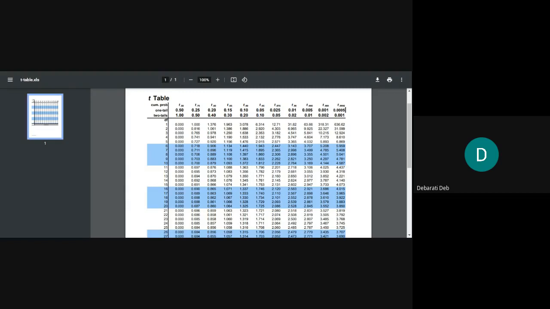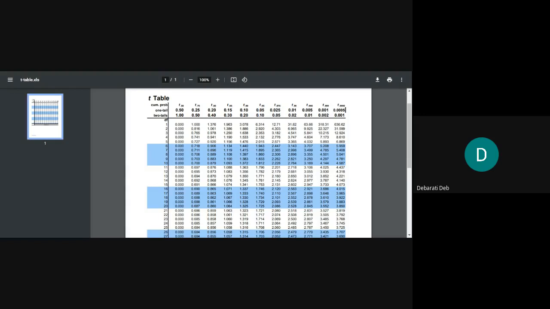From in there, you check the one which is at the fifth position from the right hand side. Column number fifth from the right hand side. It is 0.025 and 0.05. Can you see, Sheetal? Yes, ma'am. So you will go till the 19 degrees of freedom and see what is the value here.